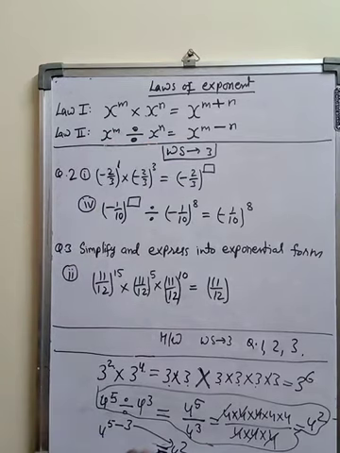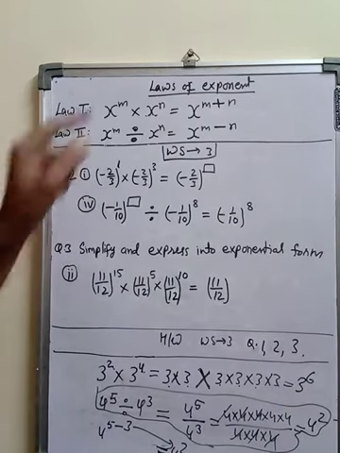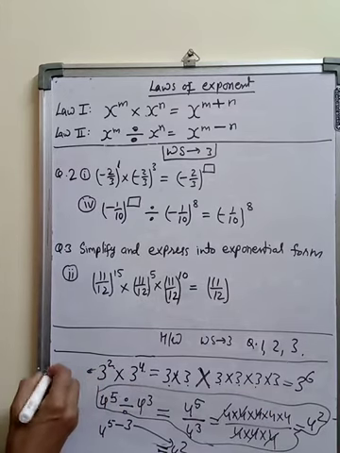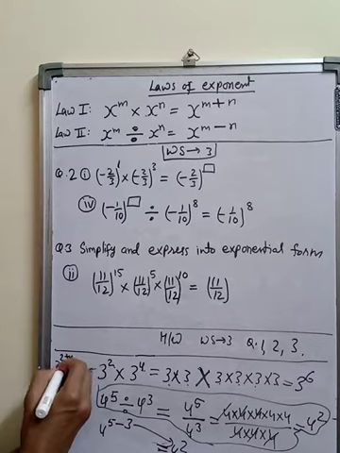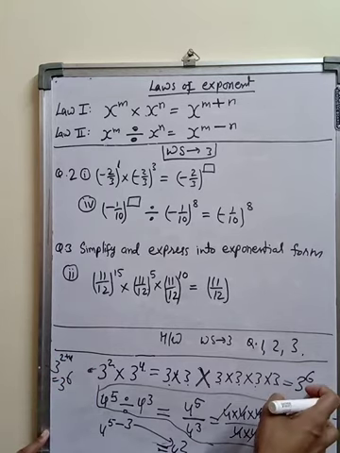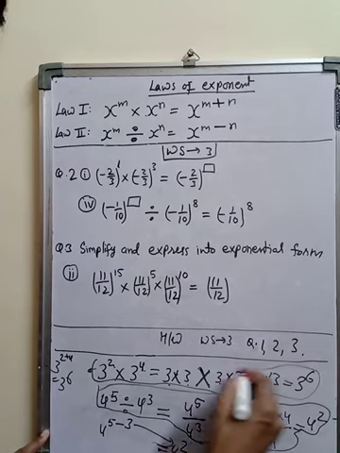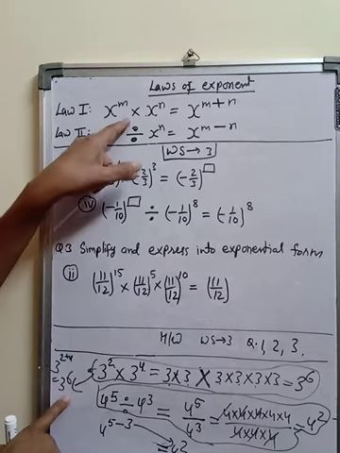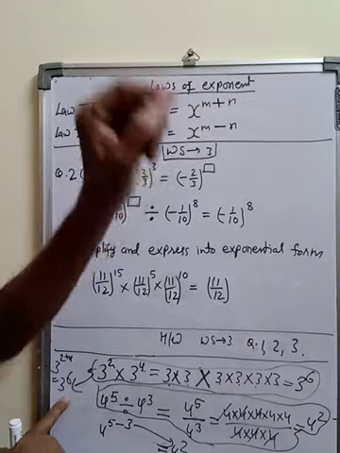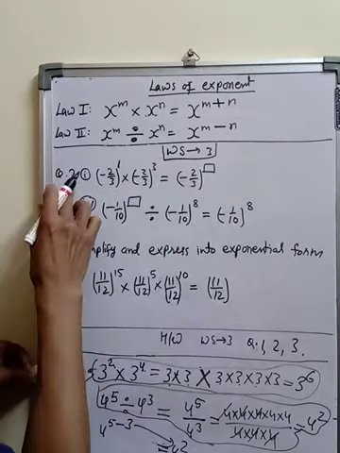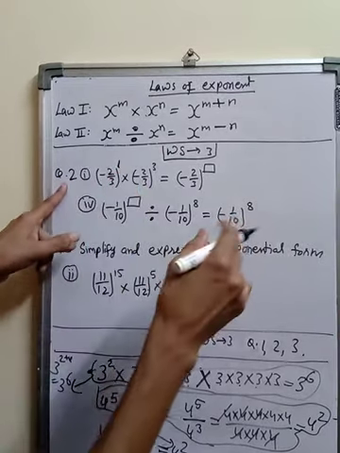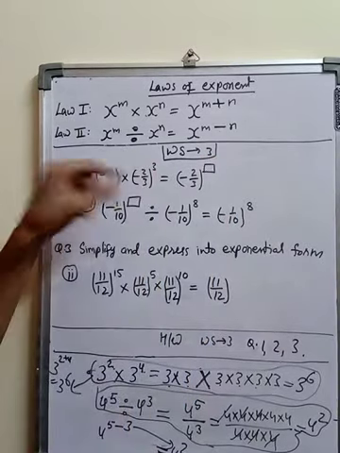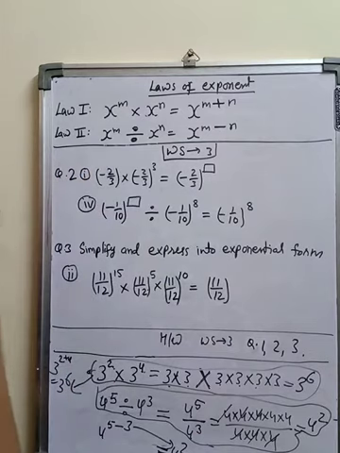So in future, instead of solving by this long procedure, we will directly use this method. This comes under this law, and we can solve directly instead of solving this much. For multiplication, we will add their powers. Simply we will write 3 to the power 2 plus 4 is equal to 3 to the power 6. Here also we have got the same. So this much calculation we will not do. Instead, we will directly add their powers. So multiplication means add and division means subtract.